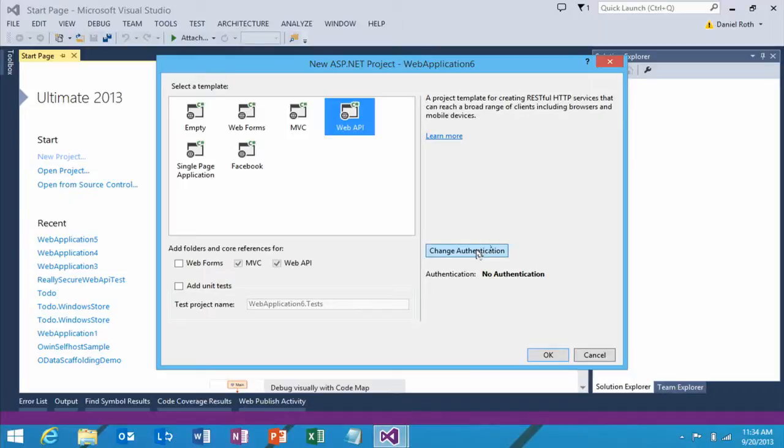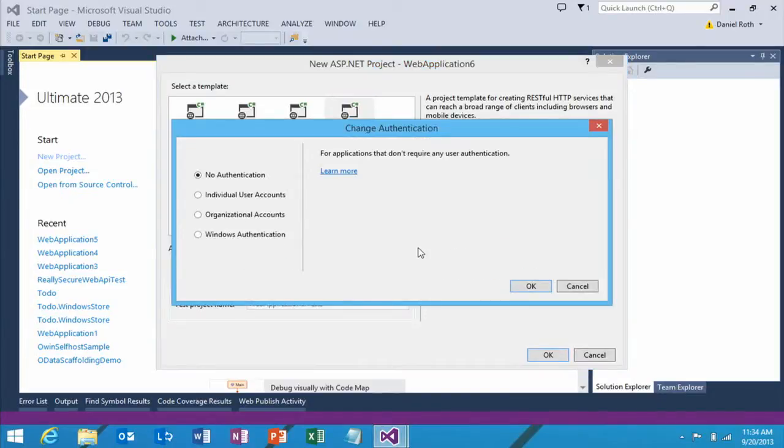I can simply do File, New Project, select a web application, pick the Web API project template, and then click on the Change Authentication button to configure all of my authentication needs. I have a bunch of options here. I can pick No Authentication, Classic Integrated Windows Authentication, or that I want to authenticate users using their individual accounts